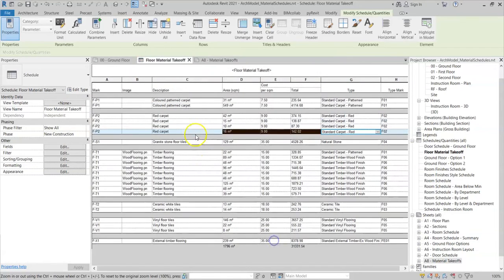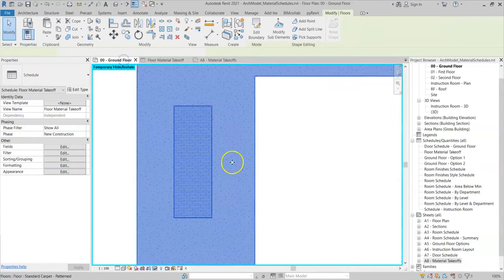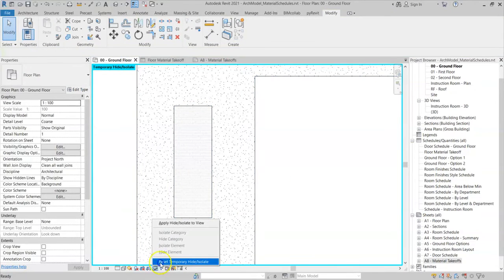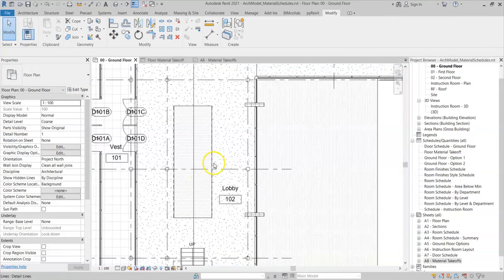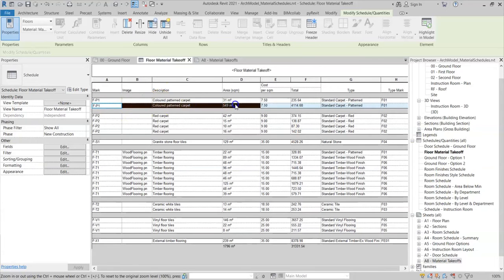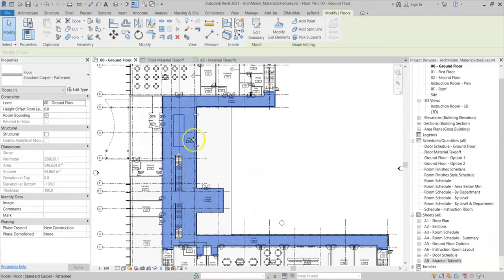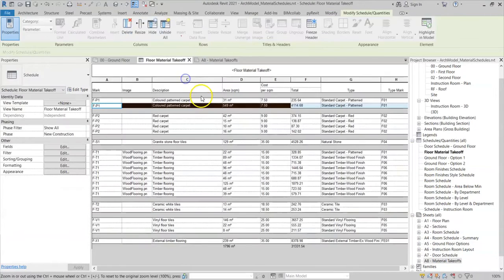Untick that. So here is my 549 square meter carpet floor, which, if I go back to my plan, if I reset temporary hide isolate, go to my floor material takeoff, select this 549 meter squared floor again, go back to my ground floor, you'll see that it selects this patterned carpet floor. However, it's still showing me an area of 549 square meters, or if I change the